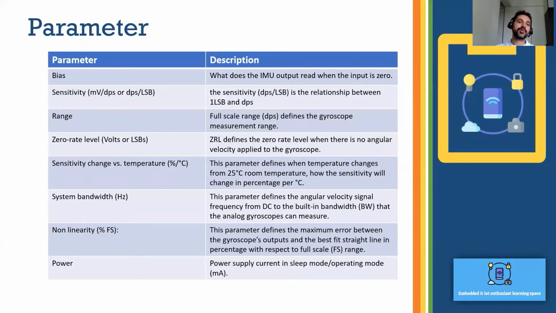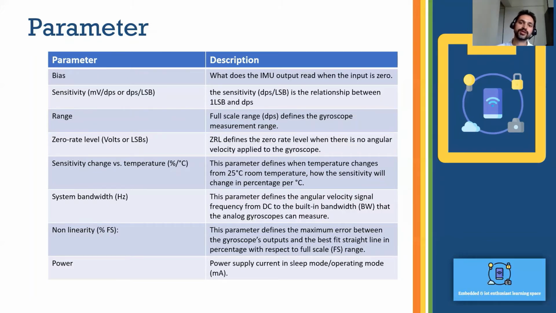Now let's discuss what parameters we need to consider while selecting any gyroscope in our BOM for any application. I have listed only the key parameters. One is the bias.